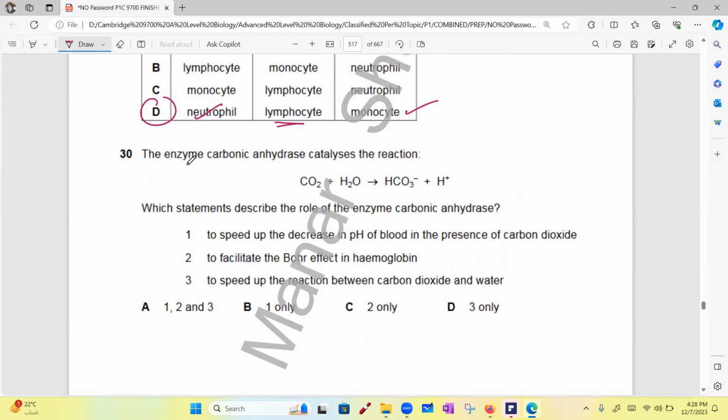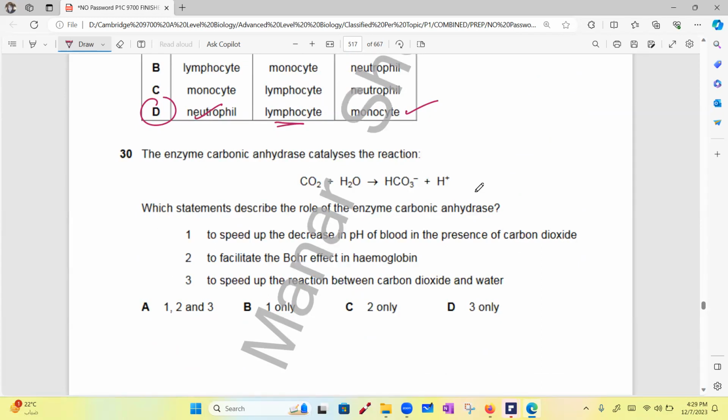Okay, the enzyme carbonic anhydrase catalyzes this reaction, Farouk. Carbon dioxide plus water will dissociate into hydrogen carbonate and hydrogen ions. Which statements describe the role of the enzyme carbonic anhydrase? Can you give me an answer? Yeah, speed of